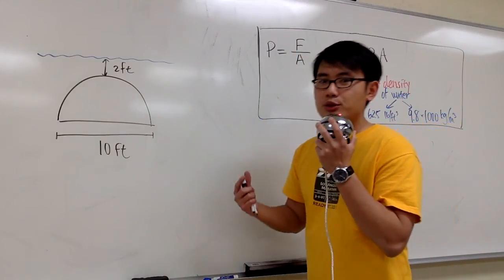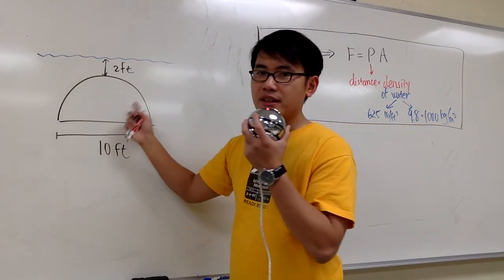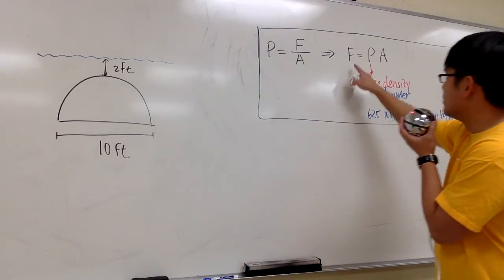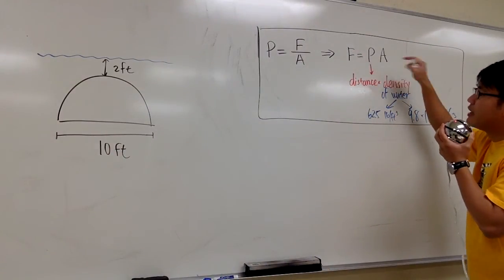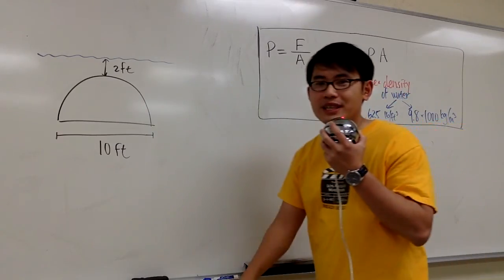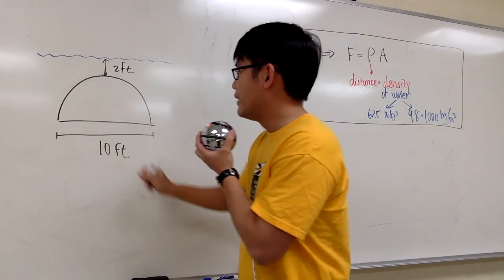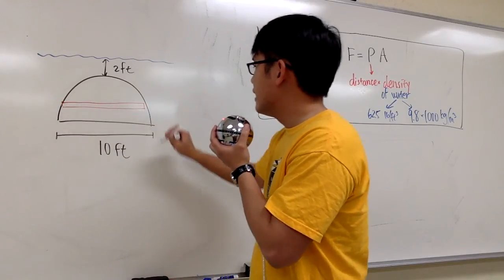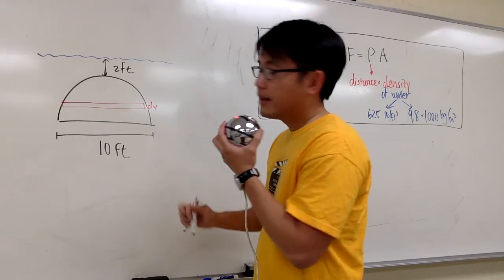We are going to calculate the hydrostatic force that's acting on this semicircular plate, which is vertically in the water. How can we do that? So remember, force is equal to pressure times area, and area is something that we should start off first, because usually that's the harder part. And to do that, we draw a rectangle like this, and I will label this as dy, the small change